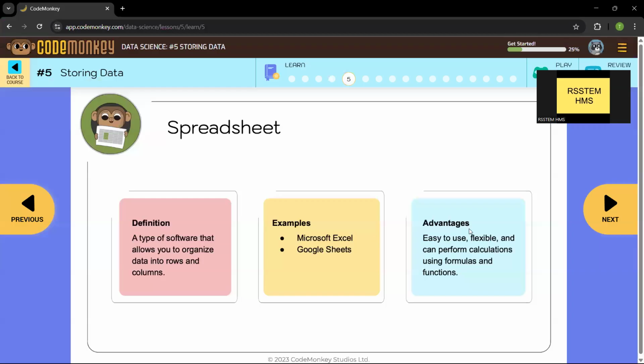The advantage is that it is very easy to use. You'll be able to learn very easily how this works. It is flexible, and it can perform calculations using formulas and functions.